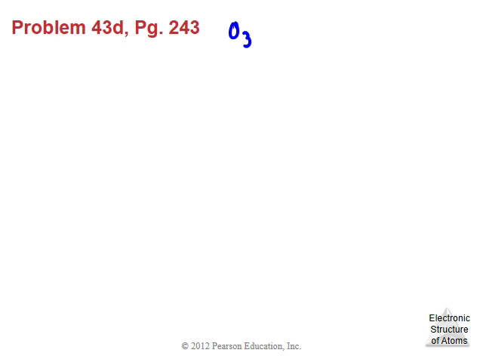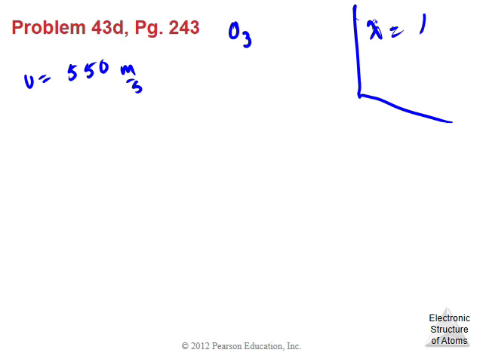Ozone molecule in the upper atmosphere moving at 550 meter per second. The velocity is given, 550 meter per second. Again, this is a matter wave calculation, and don't forget that we need this expression, lambda equals h over mv, and we already know the h value is 6.63 times 10 to the negative 34 joule times second,